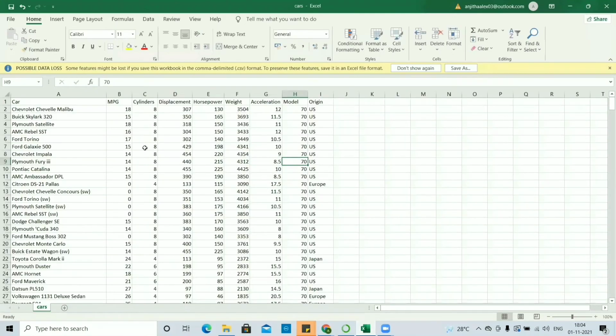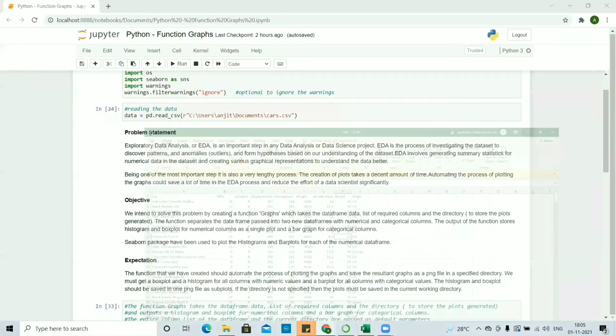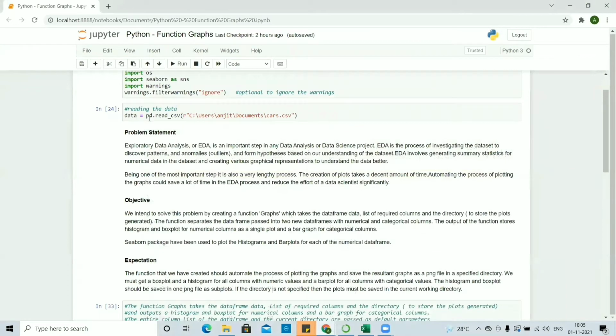We have all the car information in this file, and we have the columns car names, MPG, cylinder, displacement, horsepower, weight, acceleration, model, and origin. Of these, the car and the origin are categorical variables, and the rest of the columns are numerical variables. So now we'll be reading this data using the pandas library, and we'll be storing the data in the data frame data.